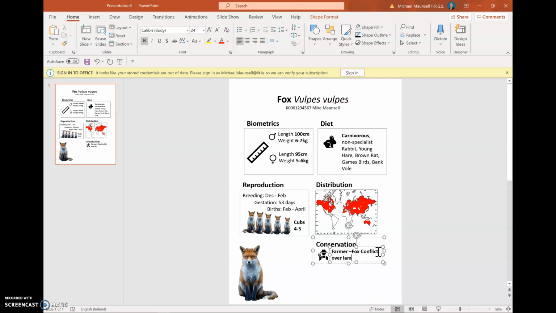Over lambs. However, there's little evidence. And game birds. Now I'm just going to unbold that. And the next one I want to put in is the